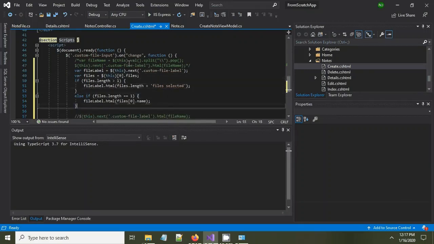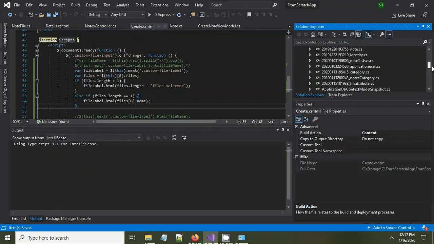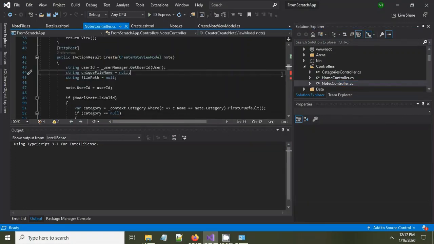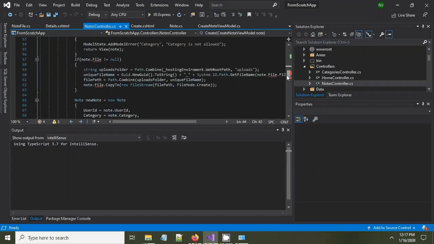Okay, so let's see now the changes we had to make to our controller. Because if you recall correctly, currently in our controller, we're only accepting one file. So we have to update the code in our logic to store more than one file. So as you can see, we have an error. And the reason why we have that error is because it's looking for the file attribute when it no longer exists. So let's say files